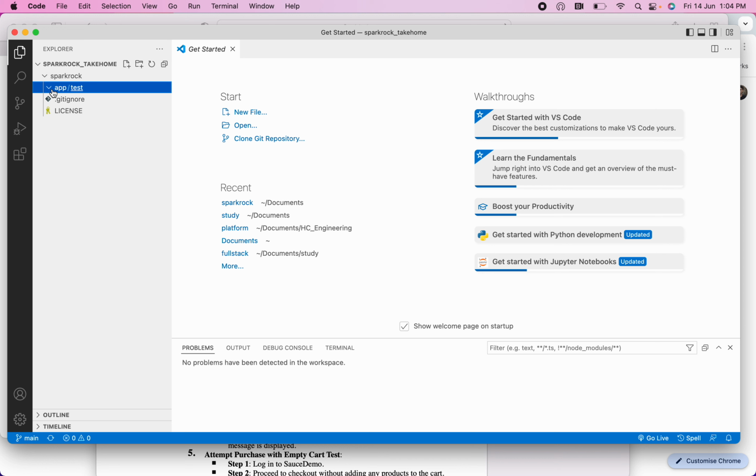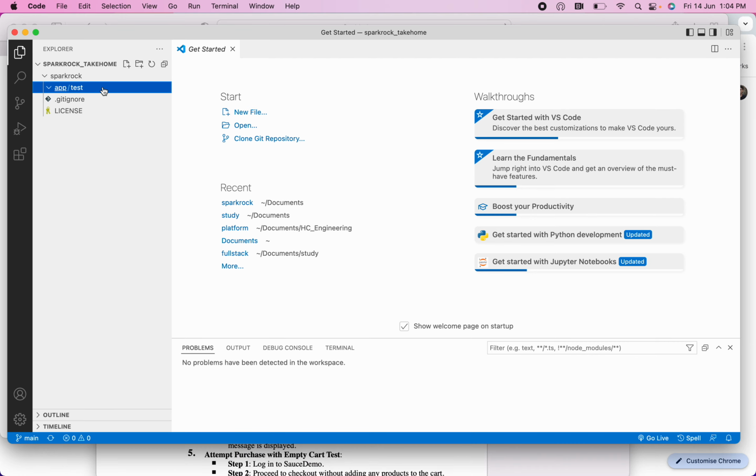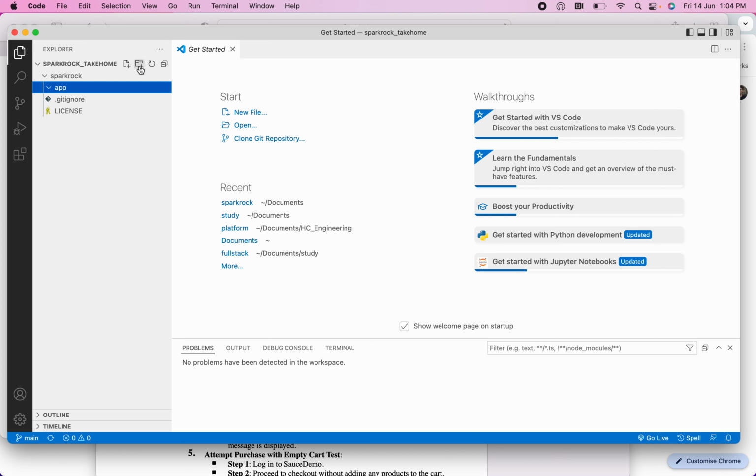Sorry, it will be outside only, right? App. Let me delete it from there. App, and then inside here only